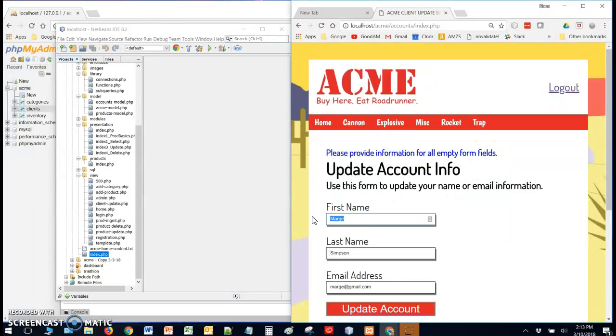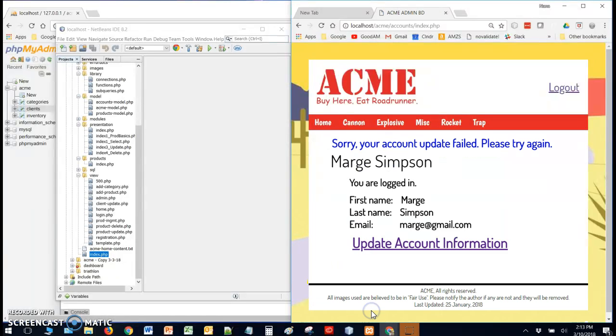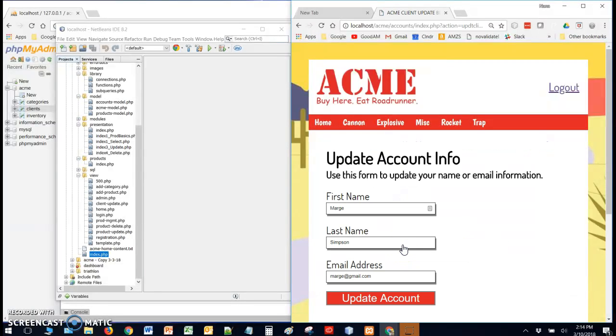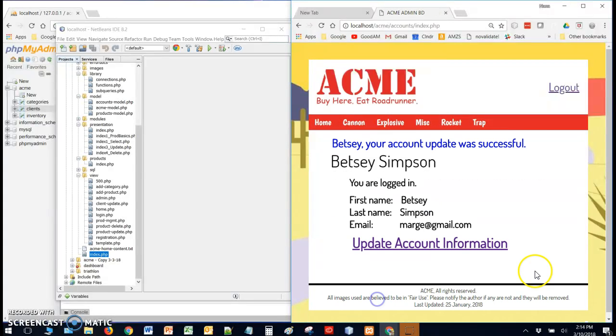But if I go ahead and re-enter my change, my database update fails, and the only way I could handle that was to pop myself back out here and then re-enter the client update page when the fields have been updated, and now it will let me make that change. So I could not figure out how to fix that one, but